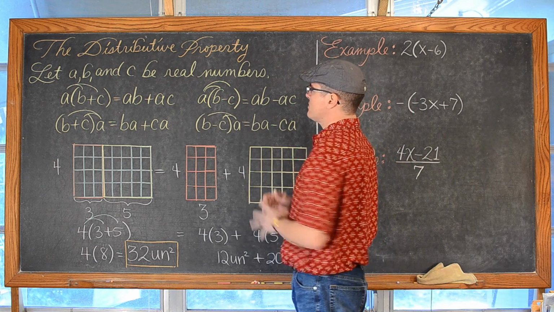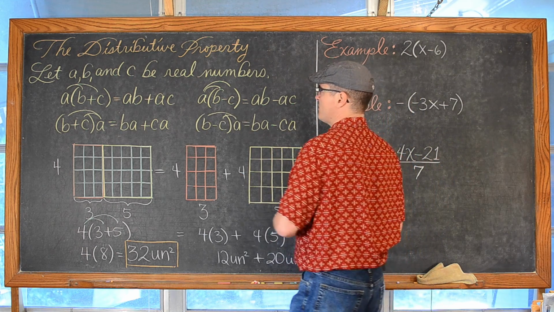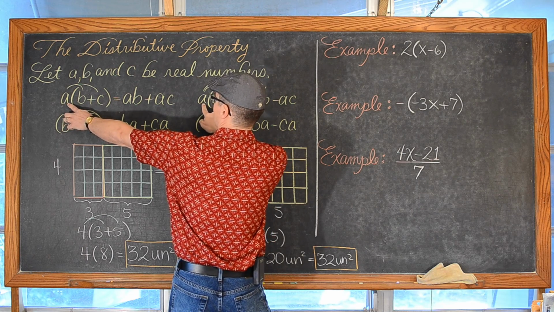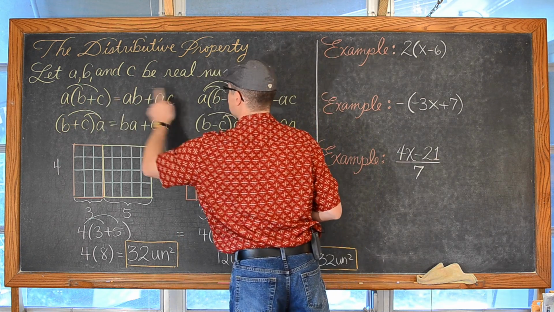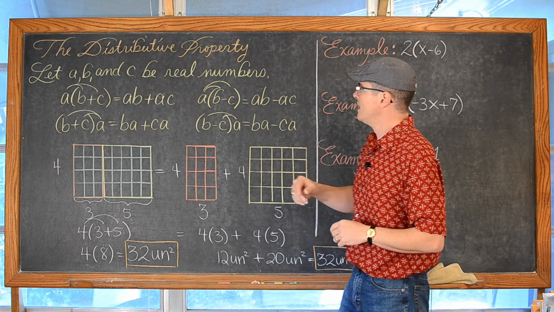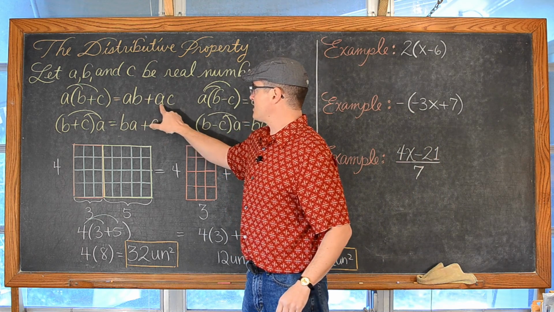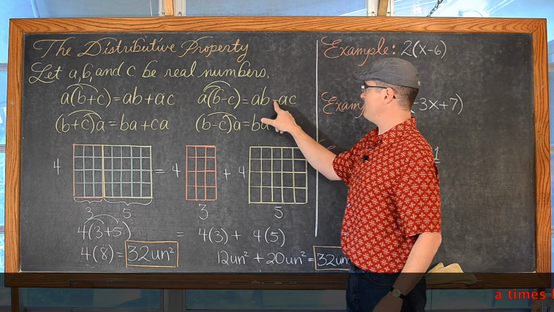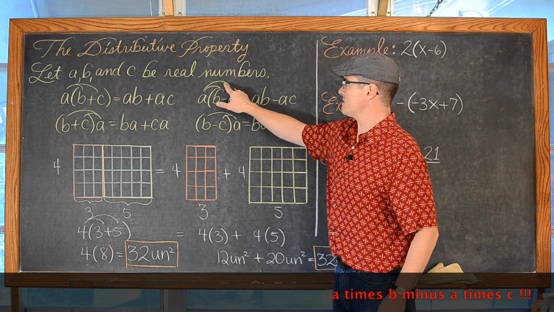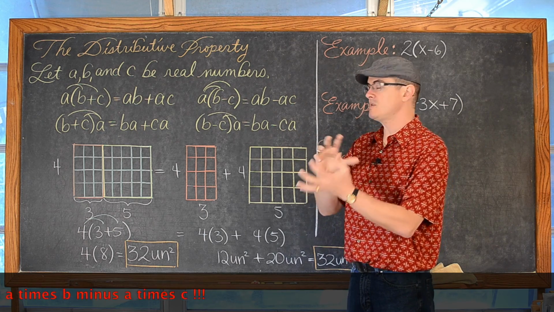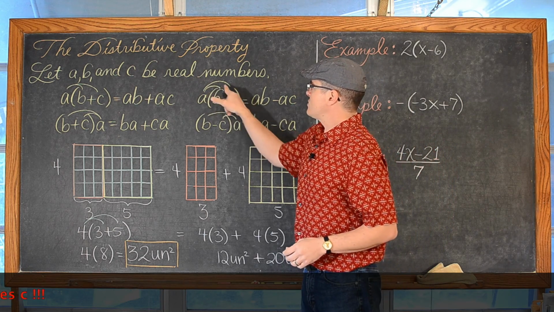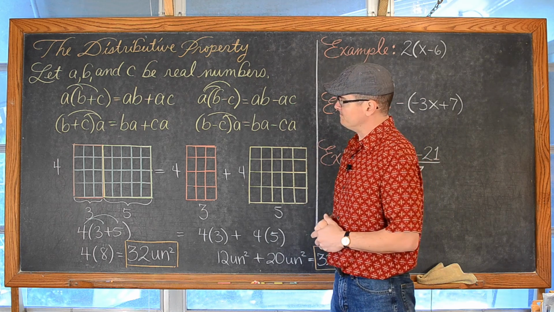My textbook shows 4 different versions of the distributive property. If you have a term that is touching the parentheses getting multiplied through, it doesn't matter if it's positive or negative or plus or minus, but it is A times B plus A times C, or A times B minus A times C. Each of these lines that I'm putting in here, now this isn't standard notation, this is just me helping you see the connections. Each of these lines represents multiplication.